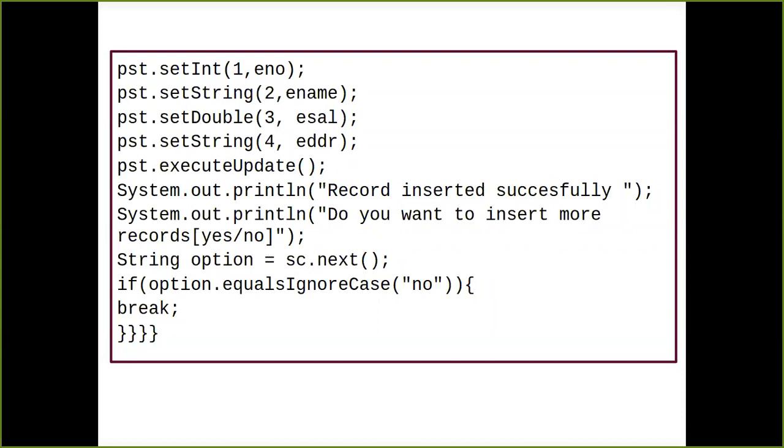To make the update from your empty table to the filled table, the first row which is going to be filled, that update should happen, and that is only going to happen when you invoke a method called the executeUpdate method. If you will not fire this query, your table is not going to be updated. That means your table is still going to be empty. Whatever values you fill, they are not going to be reflected.